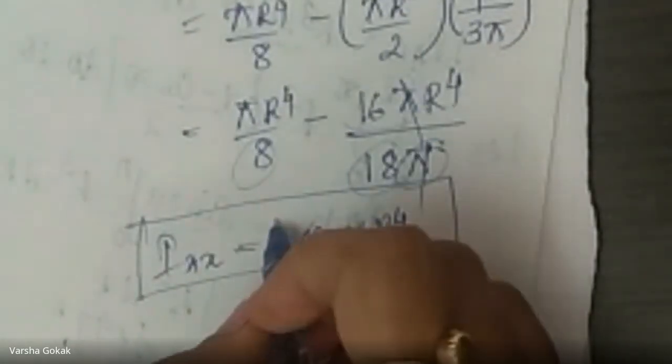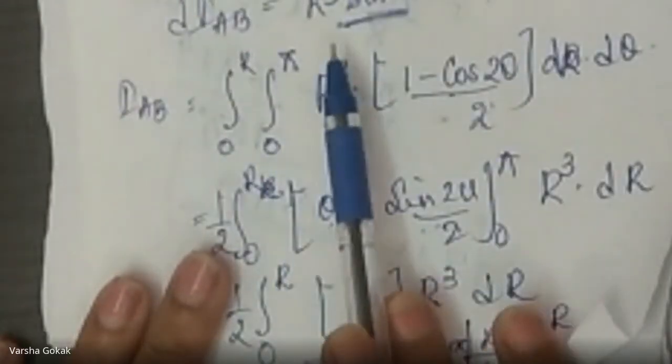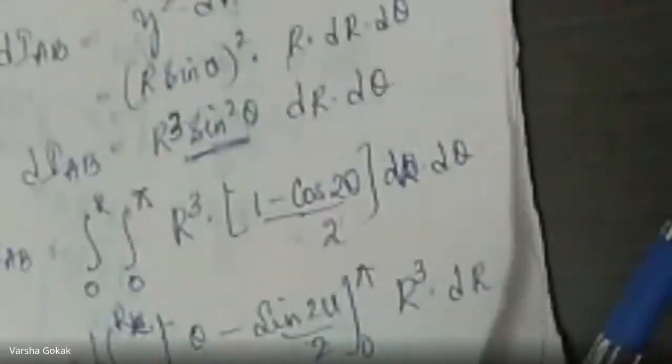So the Ixx value would be 0.11 r raised to 4. First we obtained it about the base and then we found it about the centroidal axis. For a quarter circle also it is on the same lines. Here the area and everything will remain the same. Here you will put the limits 0 to pi by 2, and when you do 0 to pi by 2, the value at this point will change and you will get a different IAB and IXX. So we will write down the formulae of the standard figures and let's see.